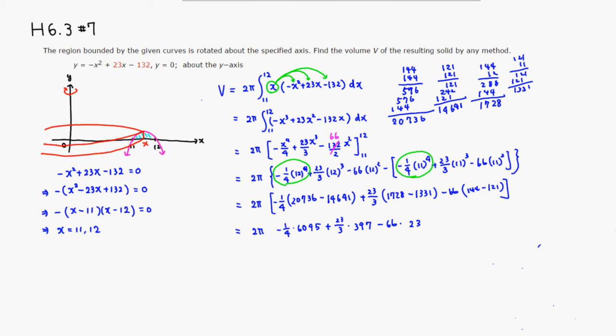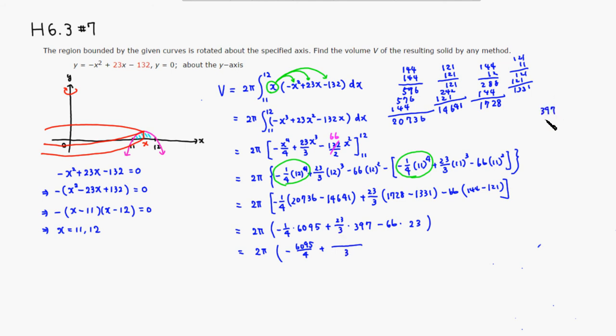Alright, we're almost there. Alright, so this is going to be 2 pi. Alright, so we have, negative. So we're going to have to put those things together. So it's going to be 6,095 over 4 plus 3. So